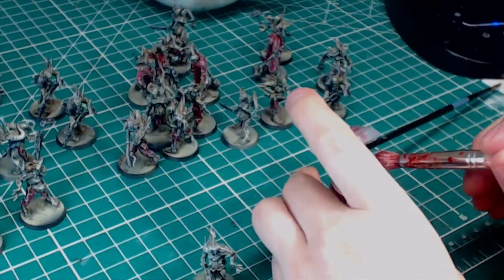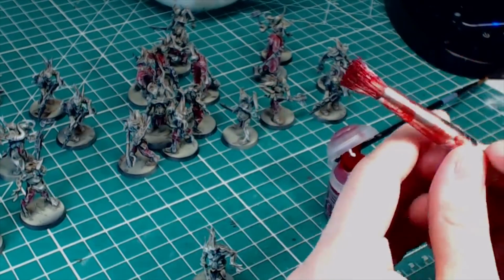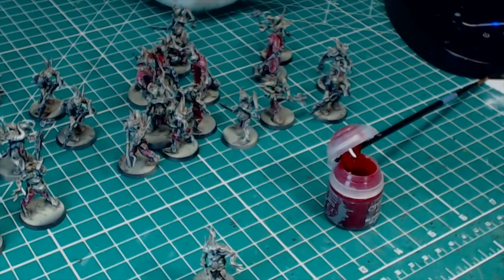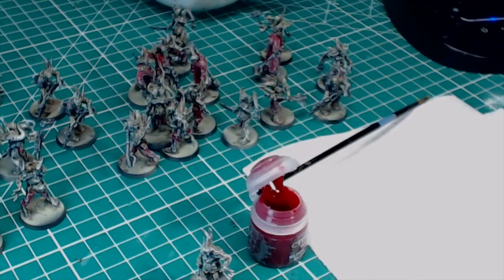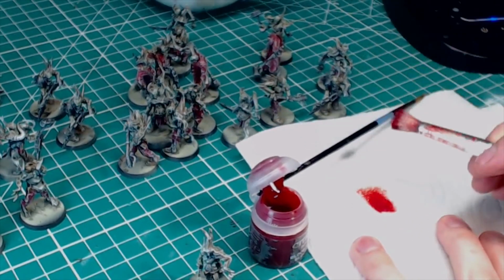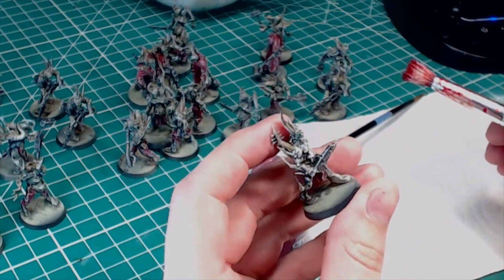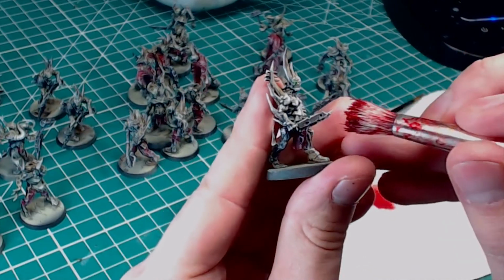Let's load up the brush, and to do this part you want to get a lot on there. So basically what I'm going to do, this is loaded pretty heavily, and then I'm going to take some paper, some Kleenex or paper towel, and that white balance is terrible, but hopefully you can see, and just mush it around almost like you're dry brushing, but not quite so much. And this is something you get a feel for depending on the effect you want. So let's hopefully get this guy in the focus here, and we're just going to come in